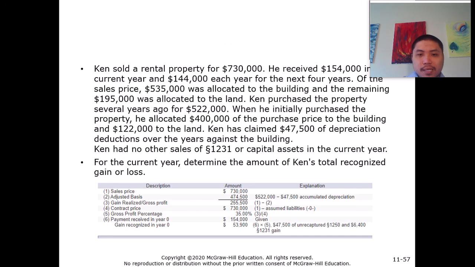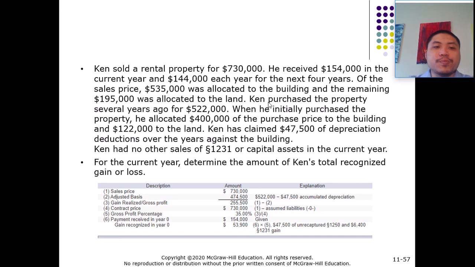So let's look at this example. I took it from your homework, so hopefully it helps. It says Ken sold a rental property for $730,000, and he received $154,000 in the current year and $144,000 in each year for the next 4 years. So you can say the down payment is $154,000, and then in the next 4 years there's going to be an installment coming in every year in the amount of $144,000. On the sales price, $535,000 was allocated to the building, and the remaining $185,000 was